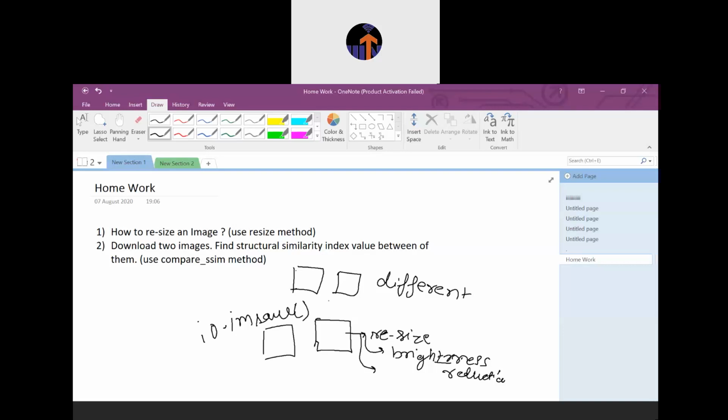So one image is the original image, and the other is the one you modified by your Python programming. After that, you have to apply the structural similarity index between the two and analyze whether the two images, which were initially similar, have changed after the modification done by you. So you have to judge what the similarity index value is between the two. You have to do these two interesting questions on your own, and it will be useful to understand image-related things and the invoking of methods and packages also.